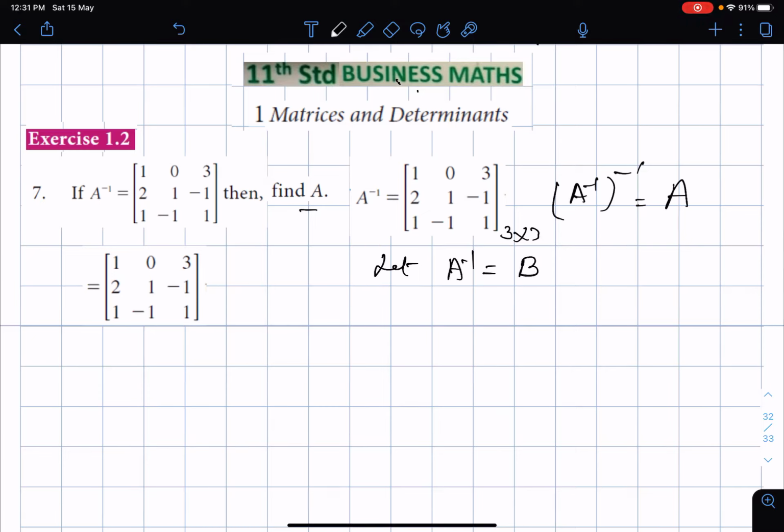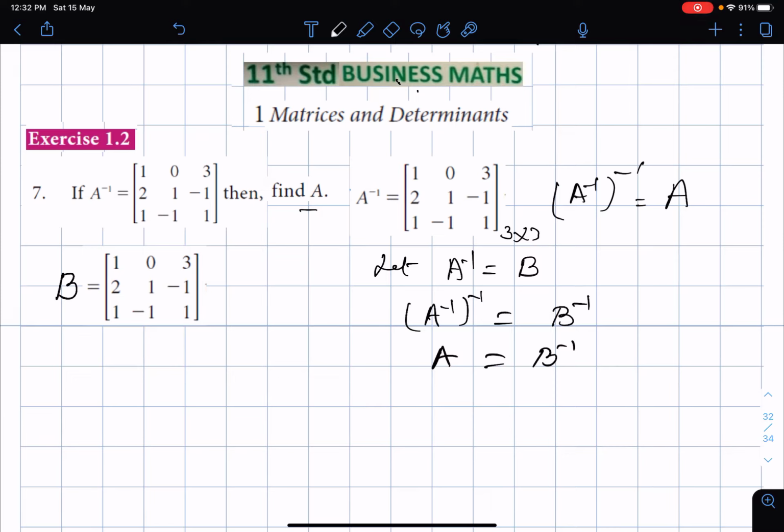Now, taking inverse on both sides. A inverse, the whole inverse will be B inverse. Now, without brackets also you can write B inverse. So this A inverse I am going to name it as B. And now we are going to proceed. And this is going to be A inverse, the whole inverse, you will get A. Therefore A equal to B inverse. So when you find inverse of matrix B, you get it as A.